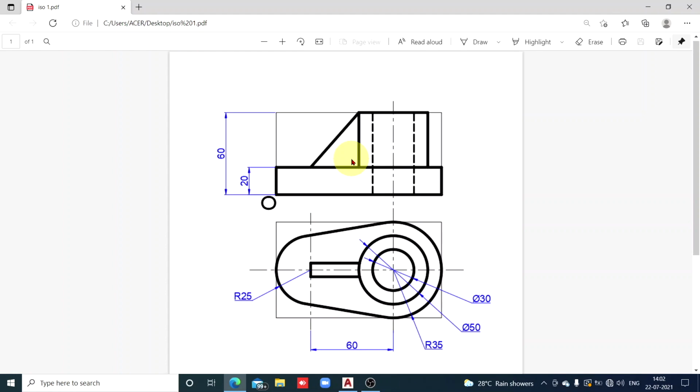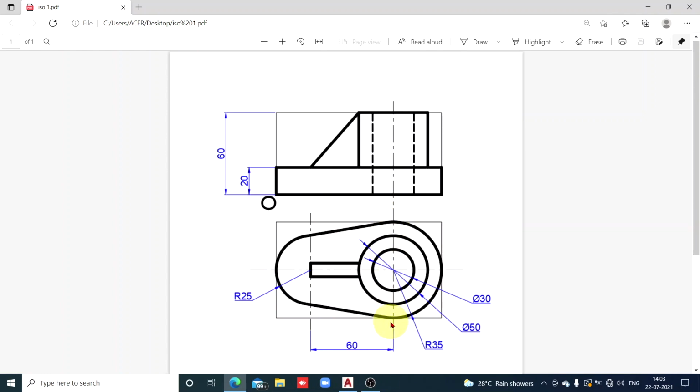And in the front view, front and back are inseparable, but you can say that this is the right end of the object, this is the left end of the object, here it is the top end of the object, and this is the base of the object. Similarly, in the top view, this is the right end or right side of the object, here it is the left end of the object, this is the back end of the object, and this is the front end of the object. So from front to back, that is the width of the object. In the top view, you get width.